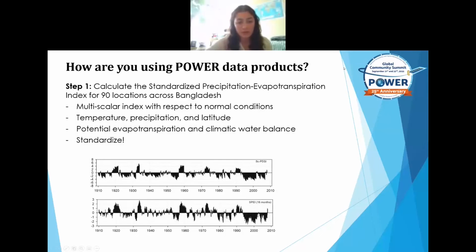And I wanted to include those 2 graphs at the bottom of the screen that are from the SPEI documentation, not from our work. But the top is the Palmer Drought Severity Index, and the bottom is the SPEI. And as you can see, the trends are very similar across the two. I know sometimes people are a little more familiar with PDSI, but SPEI has proven itself to be also a very, very robust and reliable index for this sort of stuff. You can go to the next slide.